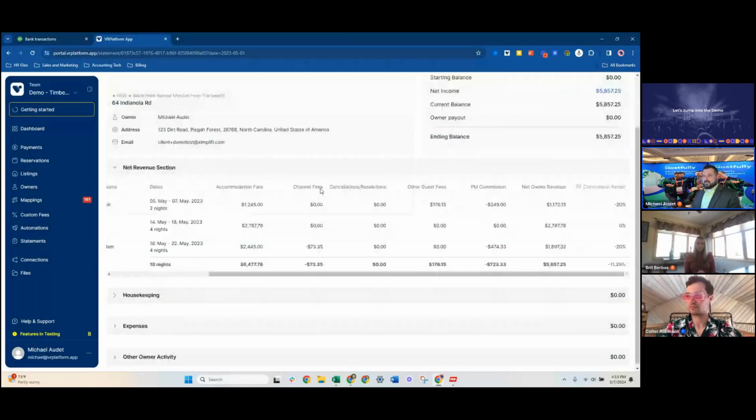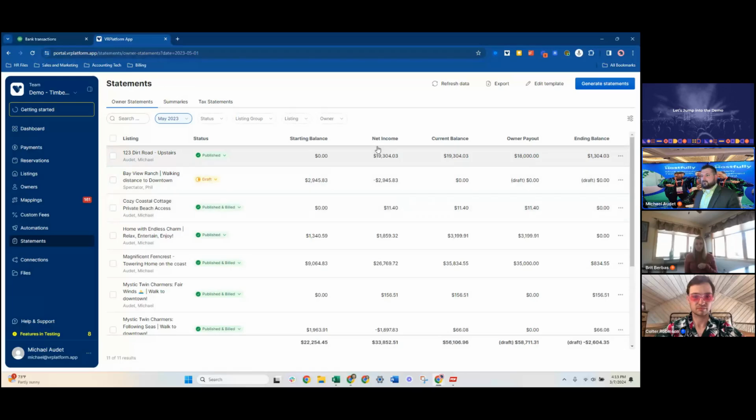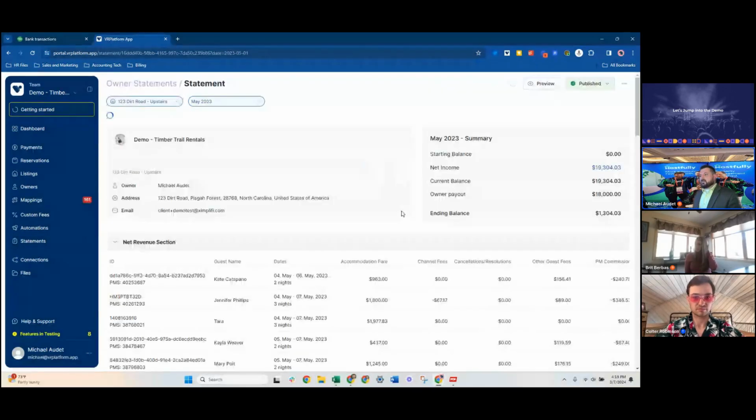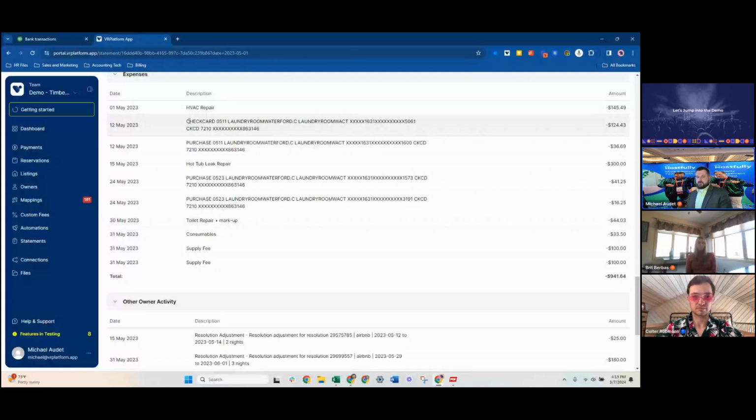So VRP is designed to accommodate what you need. As far as the actual meat of the numbers goes, you can show this however you want. Expenses, as I alluded to before, come over automatically from your accounting system. And so what that means is that based on how I capture a transaction in QuickBooks, it automatically shows up on